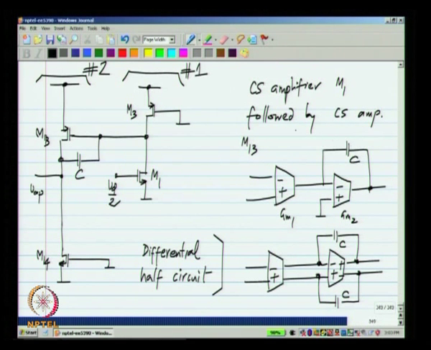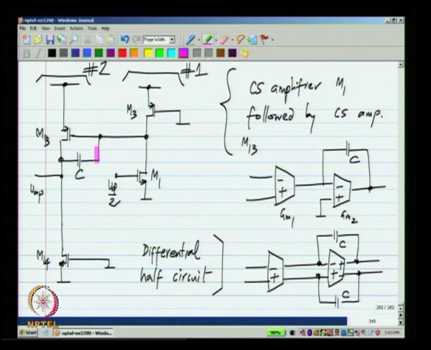So, this circuit is again extremely easy to analyze. Now, because of the symmetry, we do not have the mirror pole and 0 in the first stage. In a single ended two stage op amp, you have that because one half of the current is mirrored. In this case, you do not have that. So, the transfer function of this is a lot cleaner than the single ended two stage op amp. Now, I will not work out this thing, but you already know we have analyzed extensively the frequency response of a common source amplifier M13 with a capacitor C between its drain and gate.